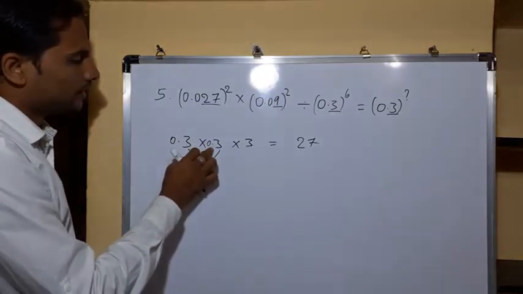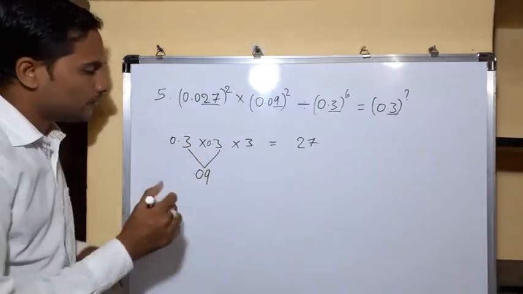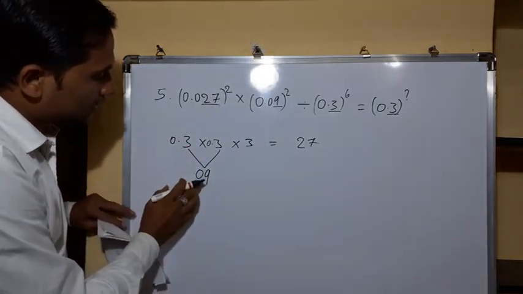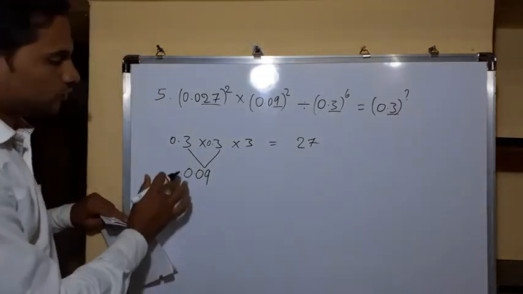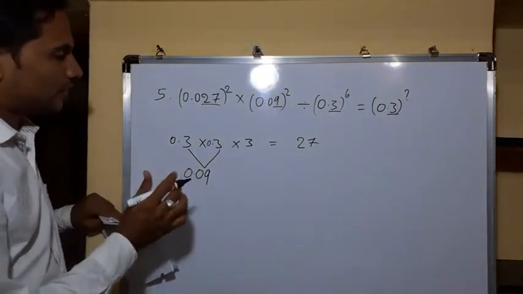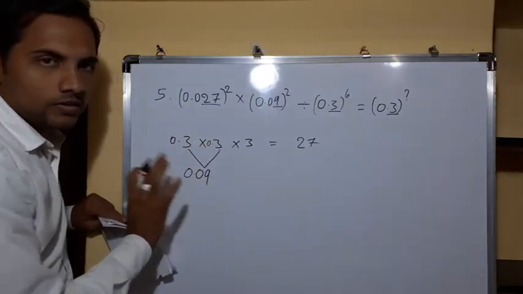After multiplication the decimal points will get added, right? So 1 decimal point and 2 decimal point, so it will become 2. So you have to substitute the decimal point before two numbers, right? So put a 0 here. So 0.09. So whenever friends you multiply 0.3 and 0.3, you will get 0.09.